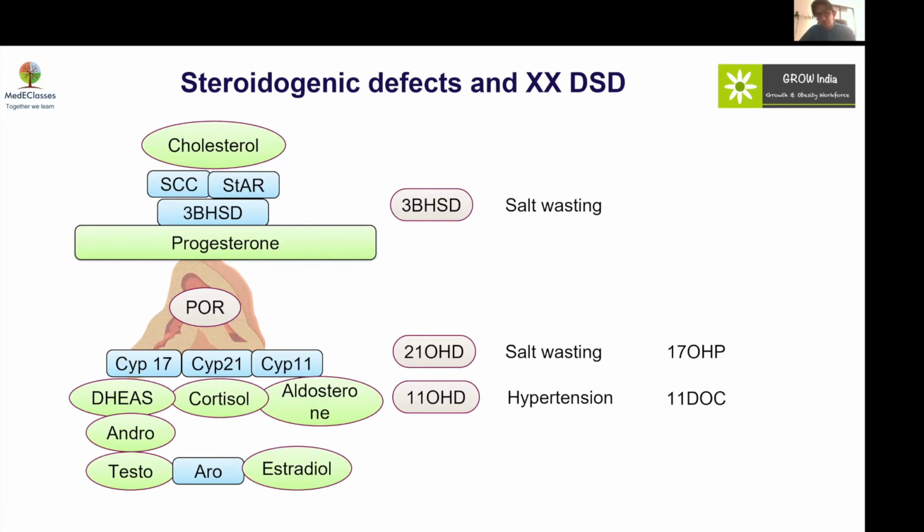It will present as salt wasting, but this salt wasting might be delayed as compared to 21 hydroxylase deficiency. And 17 hydroxypregnenolone is the investigation of choice for screening of suspected 3-beta HSD2 deficiency. Again, as earlier discussed, POR, that is oxidoreductase, which acts as an electron donor to the three enzymes, that is 21, 17 as well as aromatase, will lead to mild salt wasting as compared to the classical salt wasting of 21 hydroxylase deficiency. And the ratio of 17 hydroxypregnenolone to cortisol or to 17 OHP has different cutoffs which are helpful to diagnose POR deficiency.